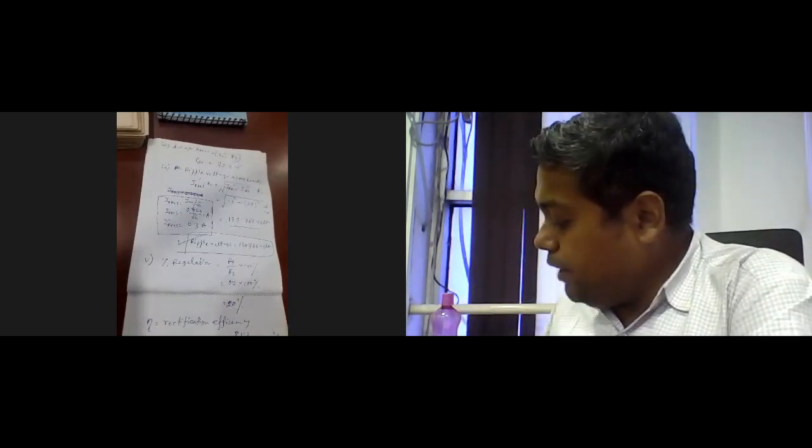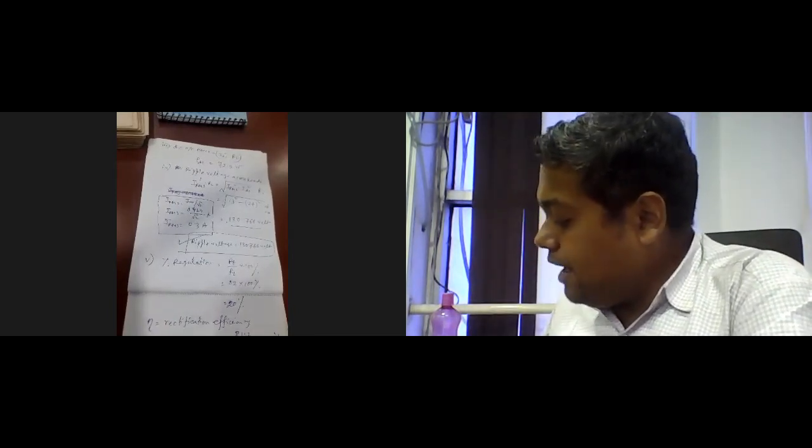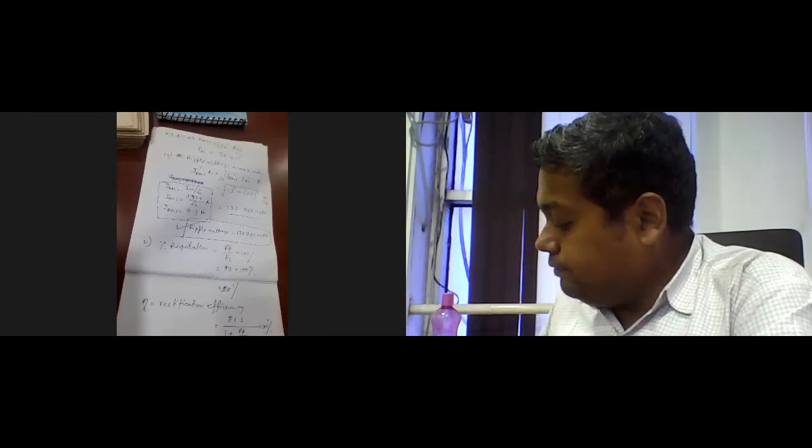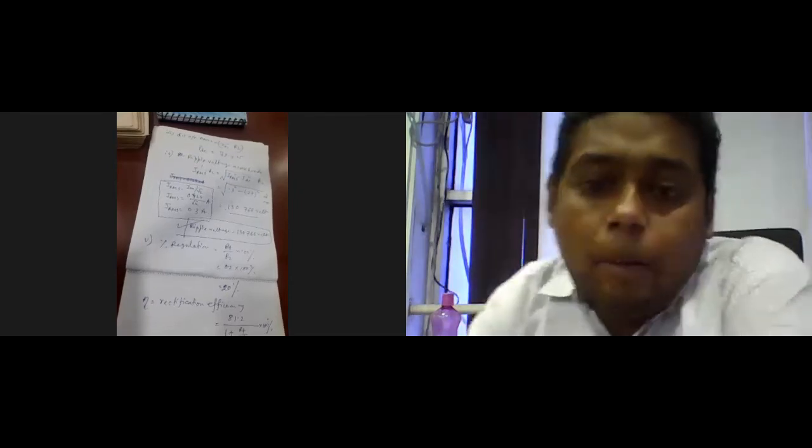That is 81.2 divided by 1 plus 0.2 into 100%. So the value is